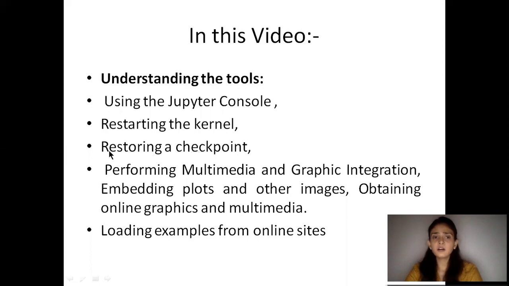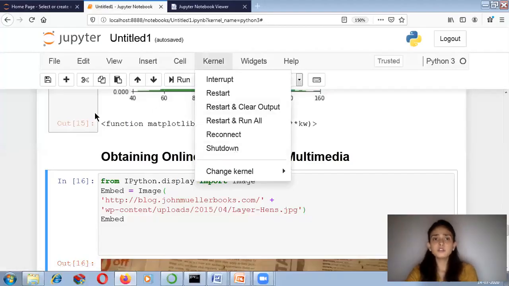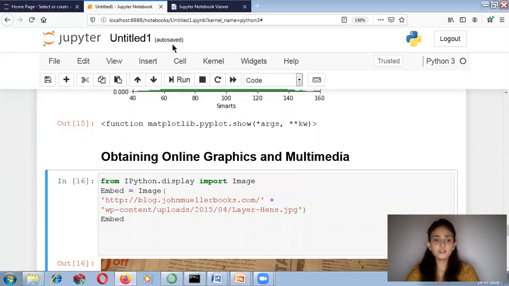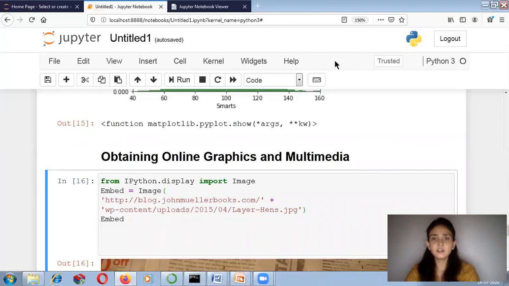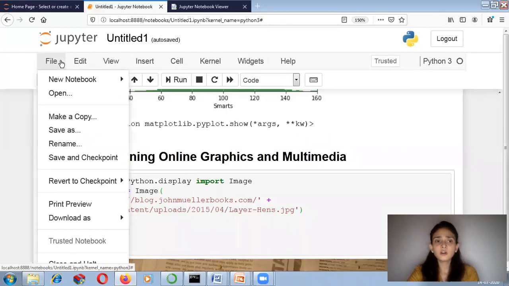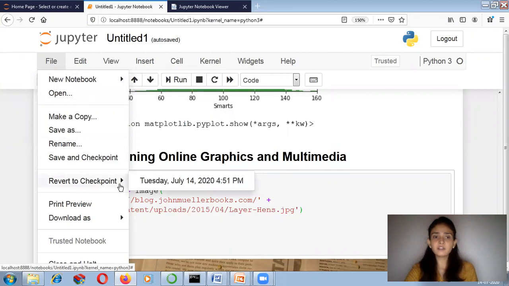Then next comes restoring a checkpoint. This particular file is not saved. Suppose I am saving this file, then you can see that a checkpoint is created. Again I am saving, and you can see over here that a checkpoint is created. If you are working with your file, it might happen that you want to undo all your code. For that, from the File menu you can select the option Revert to Checkpoint.